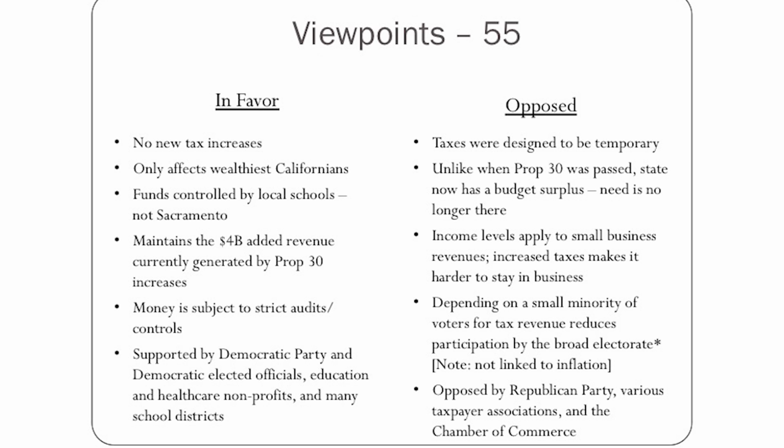On the opposed side, the opponents' primary argument is that we're in a different fiscal situation than we were when Prop 30 was initially voted on. Then we were in a deep recession, we had budget deficits, and now we have a budget surplus. So is the tax necessary? They're arguing that it's not, that schools are fully funded. In fact, there's a surplus beyond fully funding K through 12 schools, and it could be viewed as not necessary any longer.